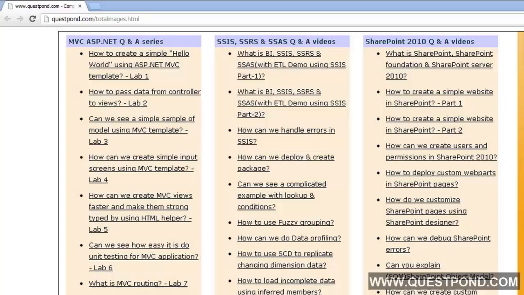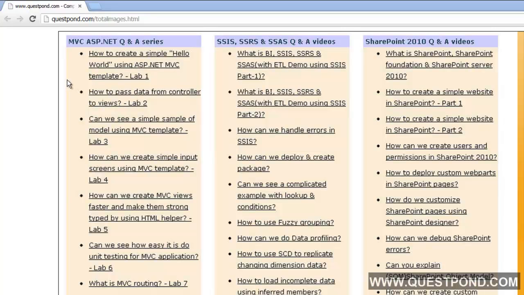It will help you to execute a project. You can create screens, you can complete a project in a day or two. But when it comes to concept understanding and other parts of .NET, there is a limitation, because how much can we cover in this 60 days, right? So I hope that everybody will understand that and appreciate it. So what we have done is basically on this site, Questpoint.com, I have uploaded